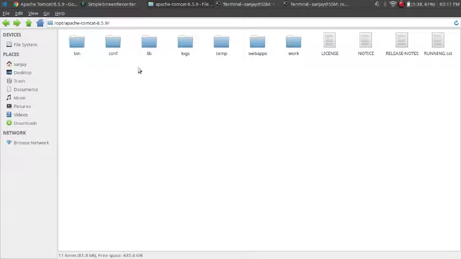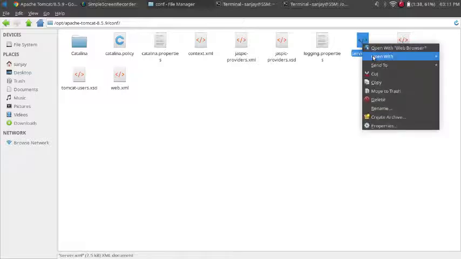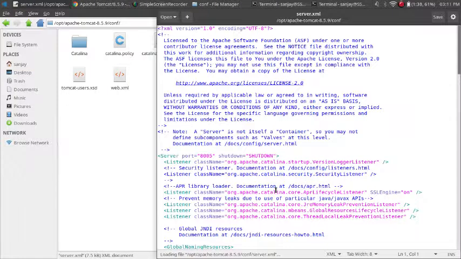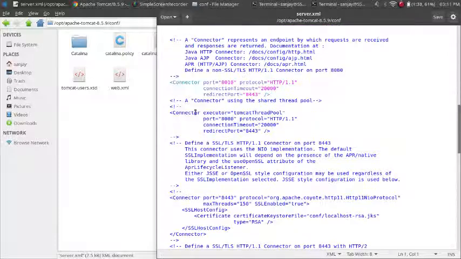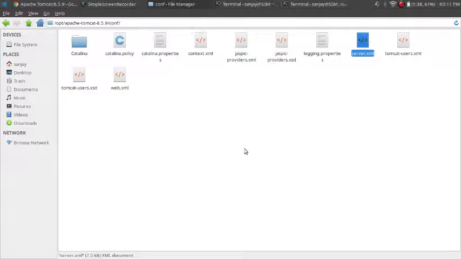OPT Apache and what we call configuration, and in that server you will be having connector port 8010, from where I have changed the port. By default this is 8080. If you want to change it, you can change it, because your PHP might be running on that port on your system, or other programs might be running on that port. So you can change the port of Apache Tomcat. Okay, it is up to you. I told you how to change the port.